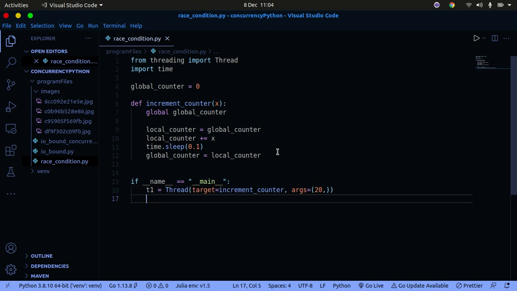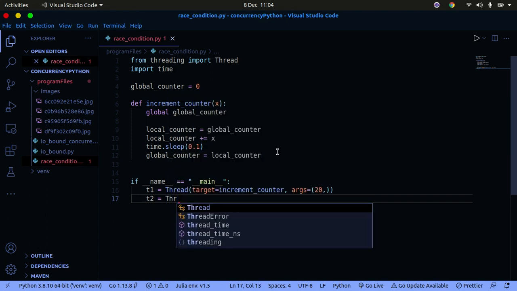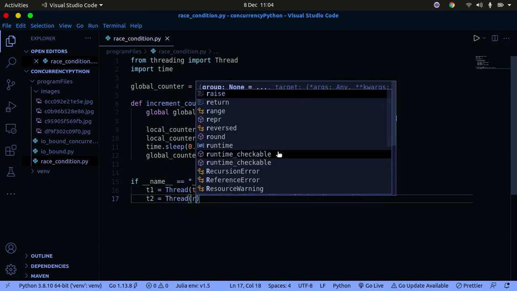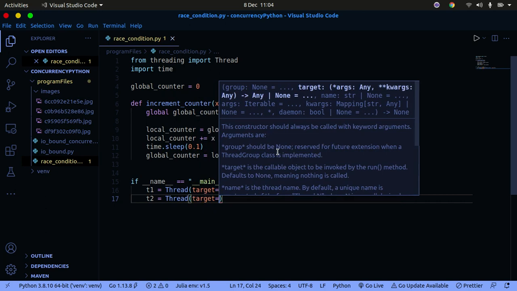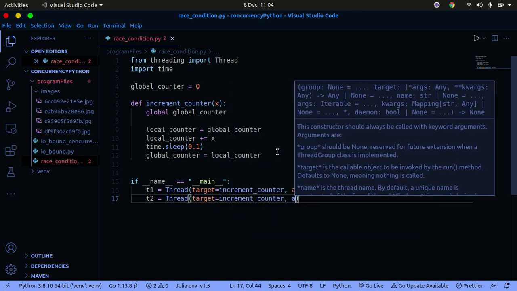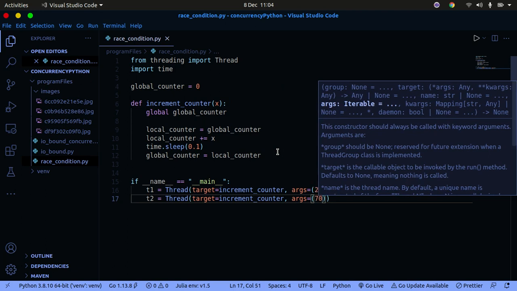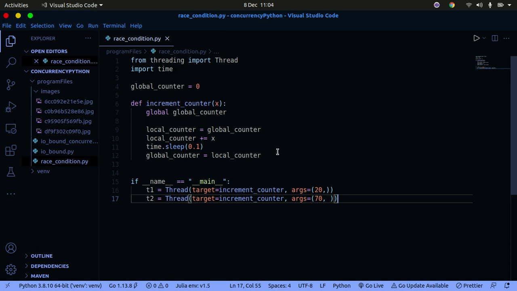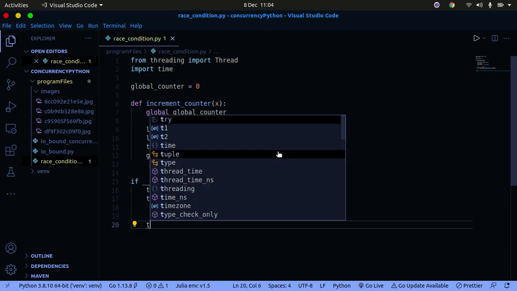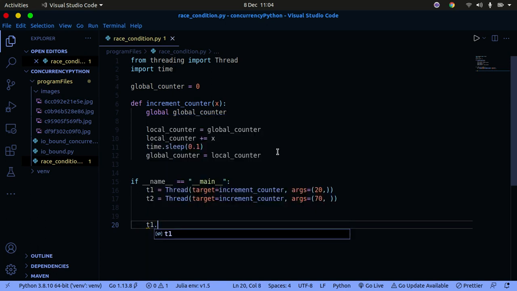I'm going to create another thread called thread2, and it's going to be a Thread with a target. It's going to call increment_counter, and then the argument we're going to pass in is, let's say, 70. Okay, just like that. So now that I've done that, I'm going to go ahead and actually start my threads. This is how you create threads originally in Python before the ThreadPoolExecutor came along. So I'm going to call t1.start. I'm going to start